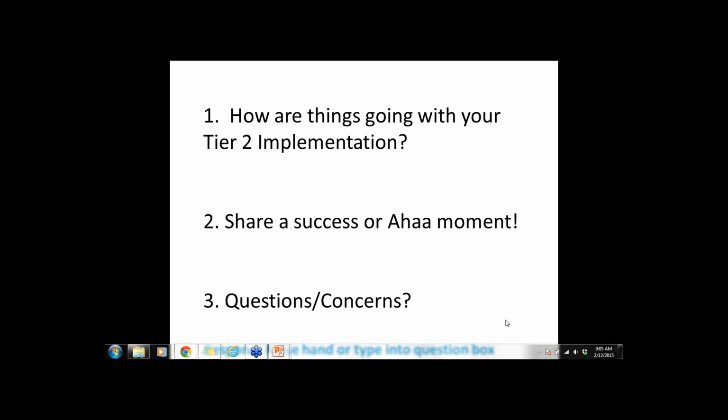So making sure when staff are giving out an acknowledgement ticket, that they circle or write on there, very briefly, you were being safe or you were being responsible, so that as it goes home, that student can say, oh, I got this and this is what I got it for. And making sure that staff use those words as they acknowledge the kids.